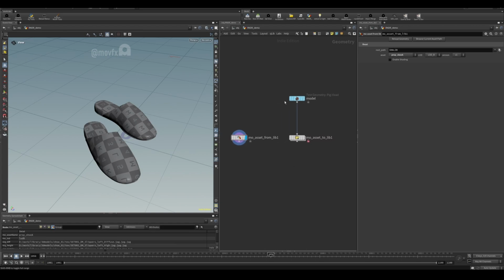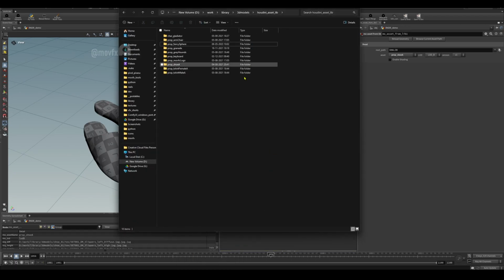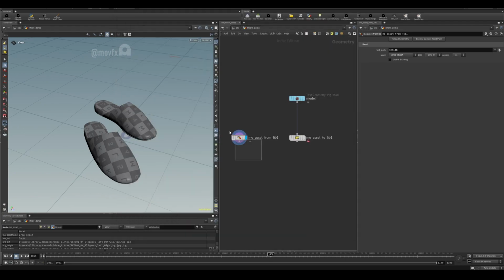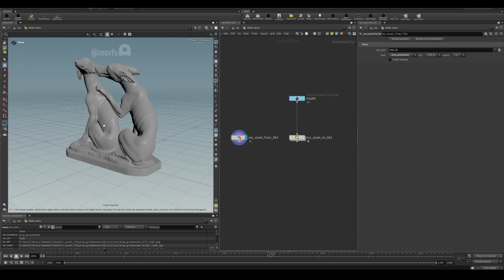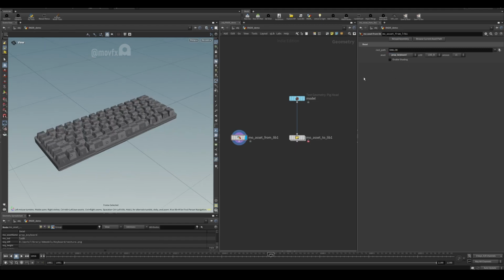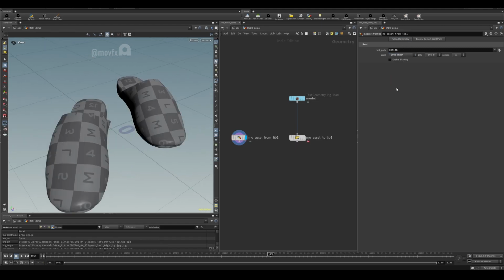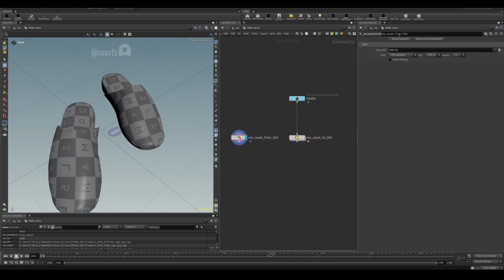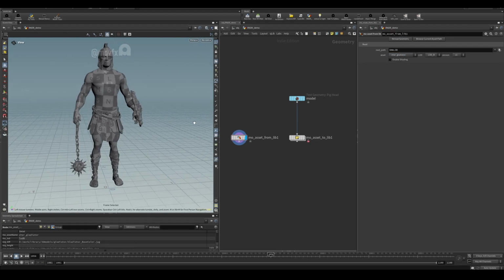Basically I have a library, which is here. I have a library of 3D models from which I load the models using this node. So here you can see I can change the parameter and load the model in an instant like that, and I have options to load different LODs and different versions of the model,